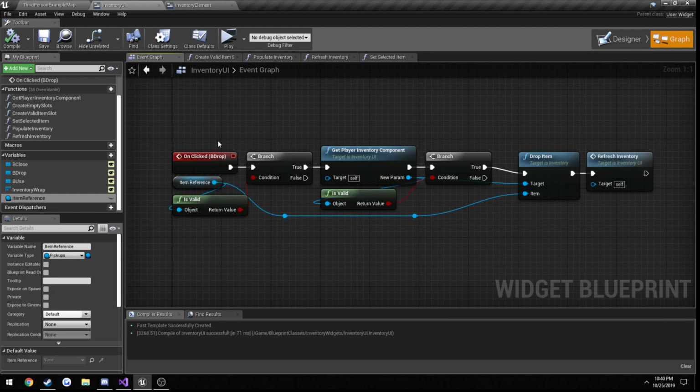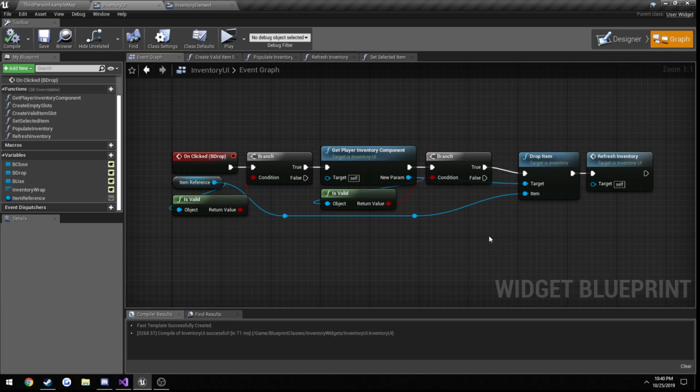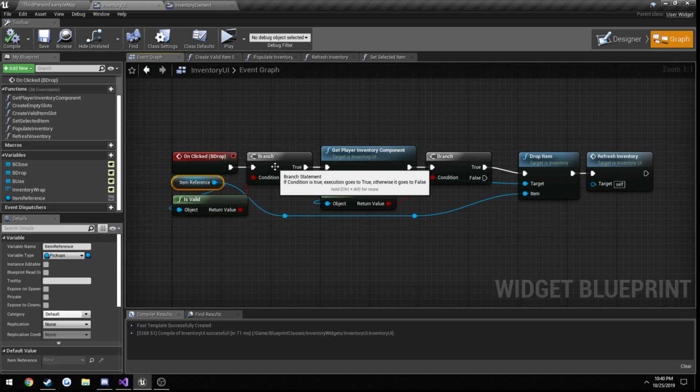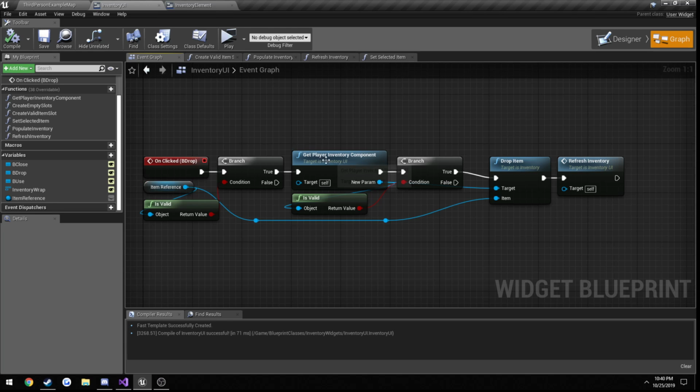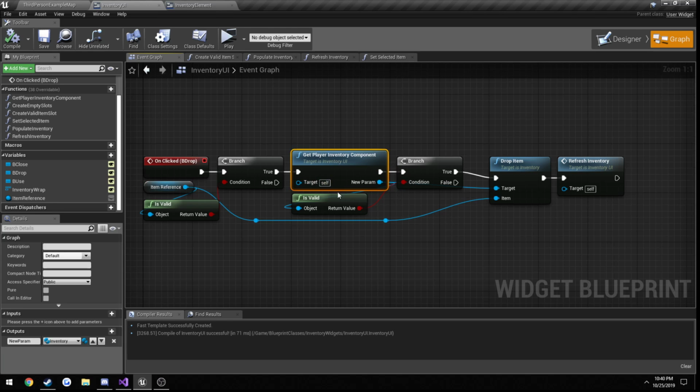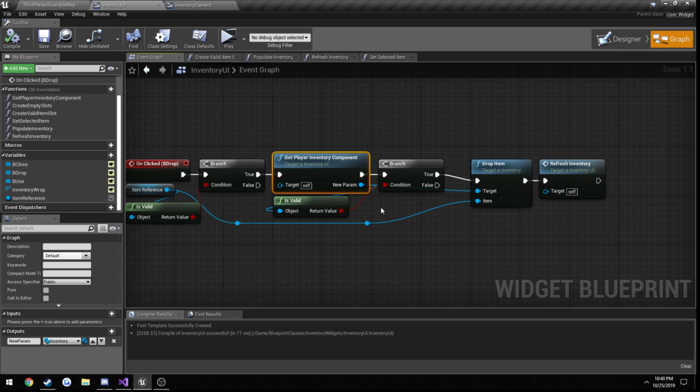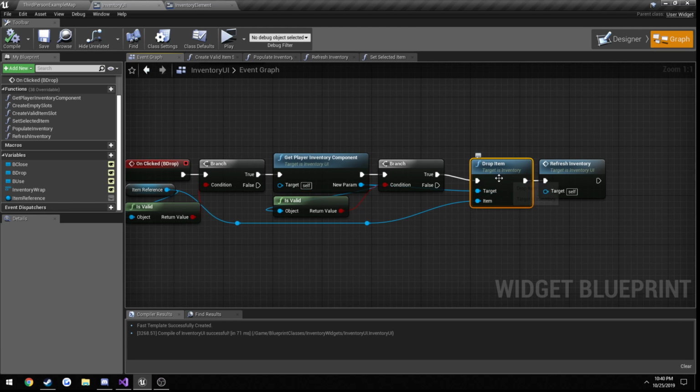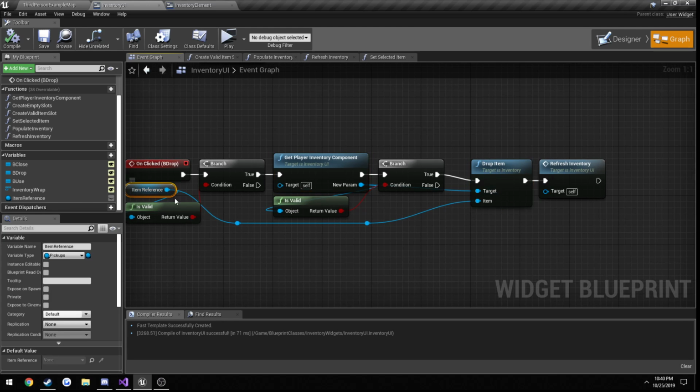Then when we click the drop button, what we're doing is we're checking to make sure the item reference is valid. Actually, I think I see a potential issue, but I'll check it after discussing this. Then we get our input component again, our inventory. If that's valid, then we simply call our drop item function and pass in the item reference,